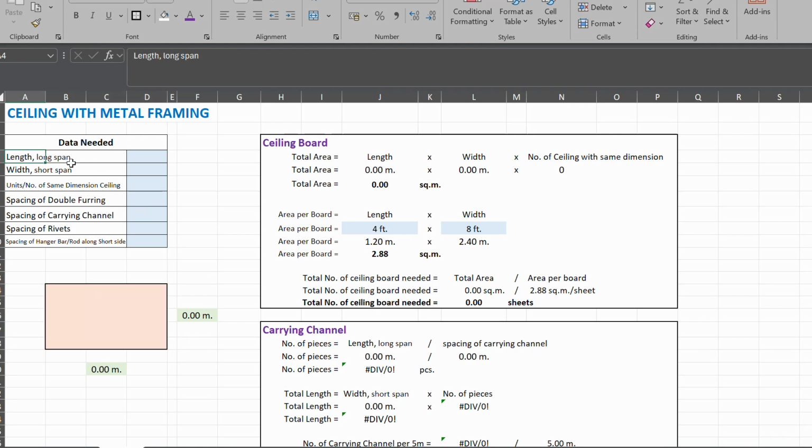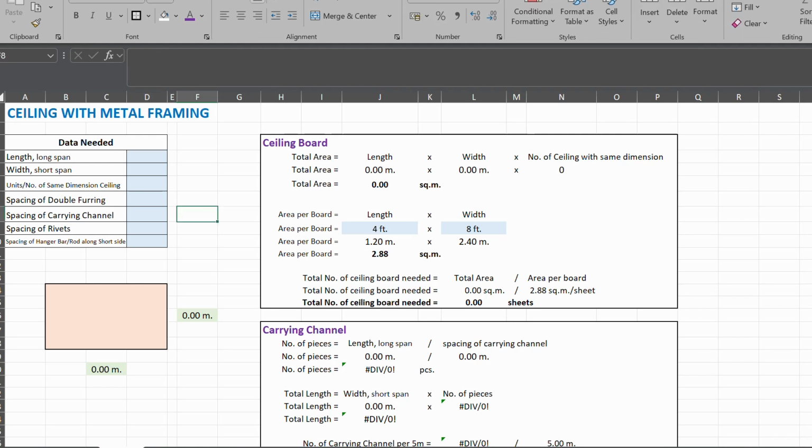For this example, let's say for the long span, actually nilink ko na to dito. So in this blue, sinulayan ko na, ito lang naman talaga yung kailangan and everything will calculate itself. And length, let us say it's 8 meter. So as you can see, may gumagalaw na dito sa banda na to. And here also,